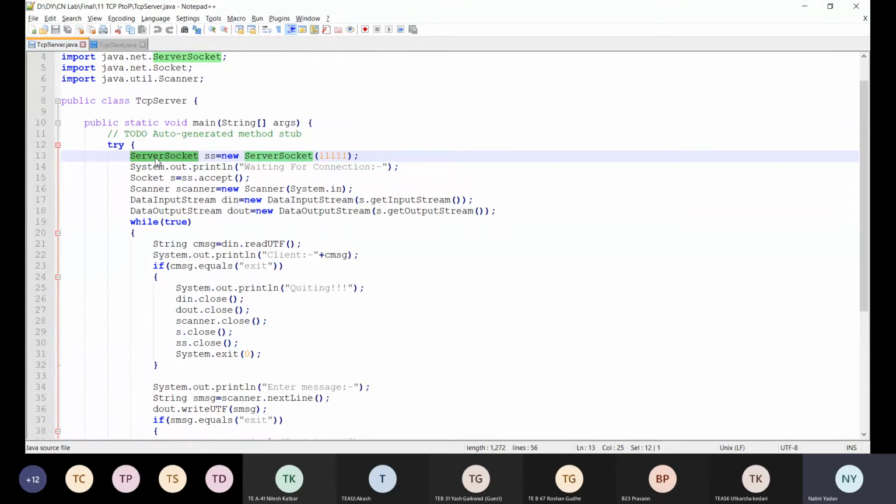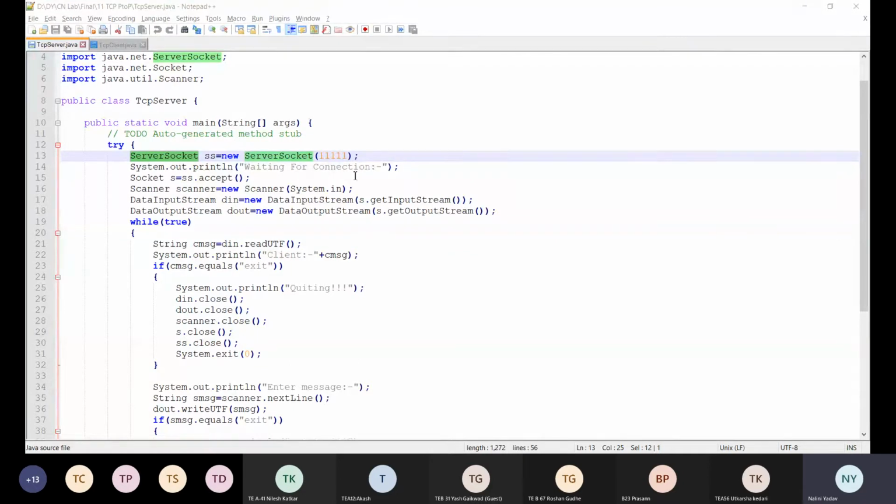So what does the Berkeley socket say, or what are the steps to create the socket? First call the socket API, then bind, then listen. The socket gets created and bound with your IP address, and after that the server will be in listening mode with the call which is called accept. Fine. So here also with Java sockets, we have a ServerSocket API which internally does the task of socket, bind and listen.